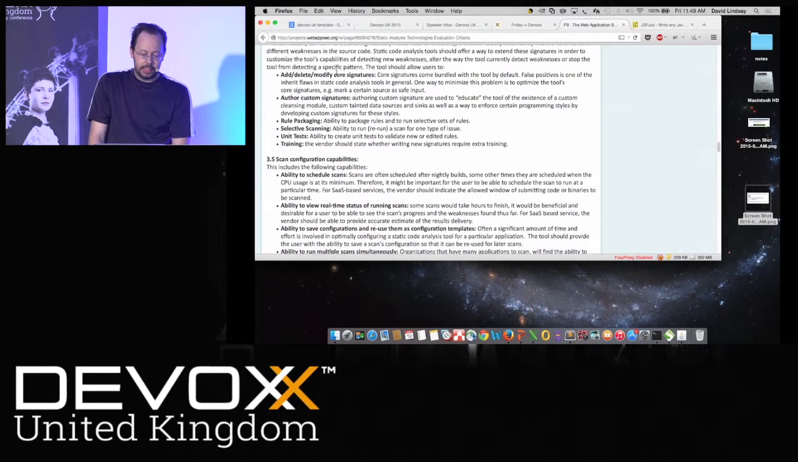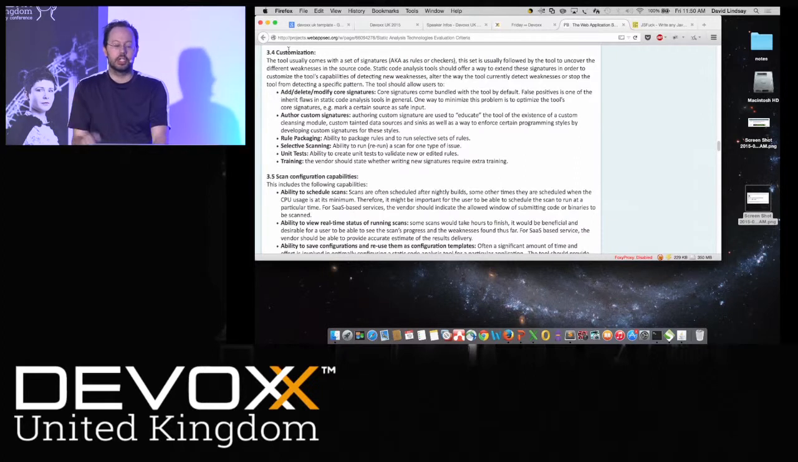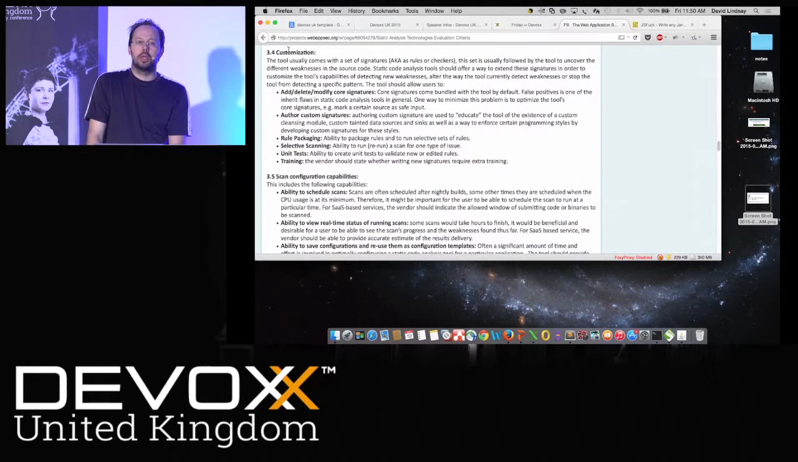What kind of IDE integration? Oh, a good one is customization. Good tools will understand a wide range of frameworks, but especially in the Java world, there's a lot of frameworks out there that can be used, and no tool is going to understand every single framework. So it's really good to be able